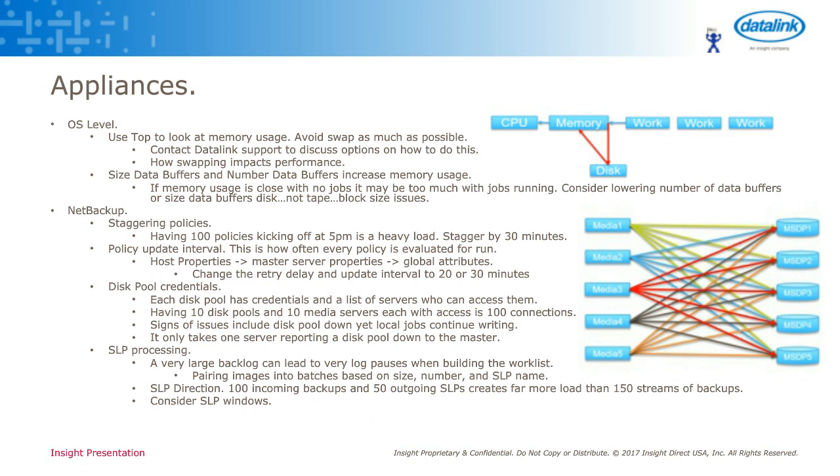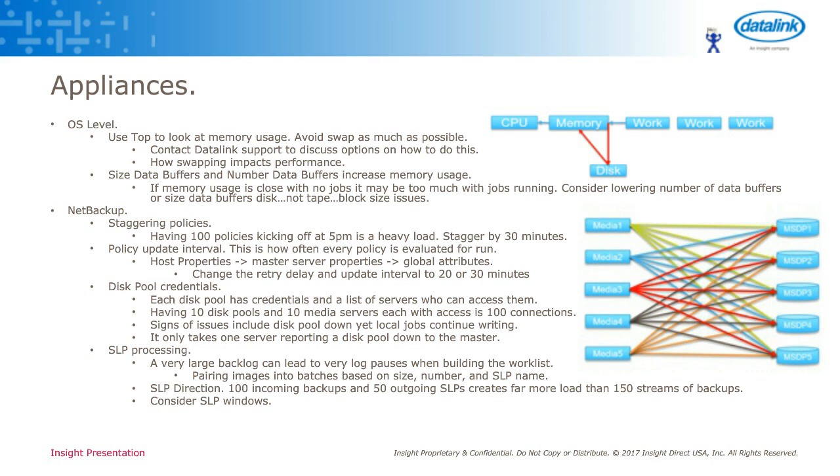In several examples I've seen, a local media server is writing a backup to its disk pool, and the disk pool gets marked down in NetBackup, but the backup that is running at that time continues to write. And that's simply because in this example, let's say media server 1 is writing to its local disk pool, MSDP1. Well, media server 4 goes to poll MSDP1, but because it's ingesting data and it's very busy and the other media servers are also polling it, it takes a long time to respond to media server 4. So media server 4 will report to the master server, hey, I can't reach this disk pool,